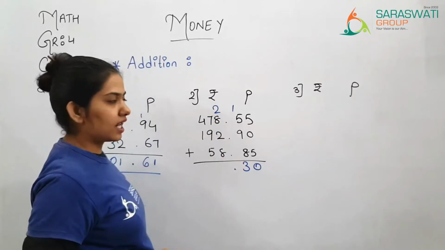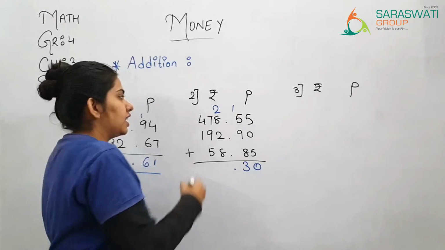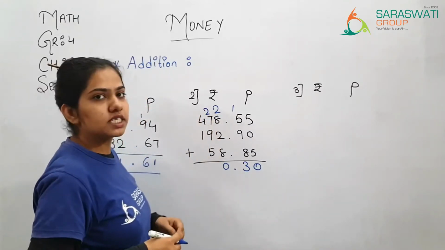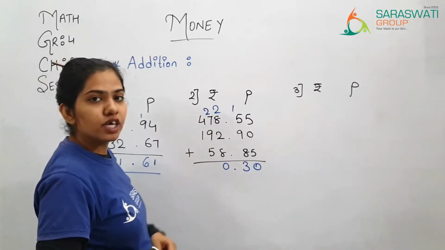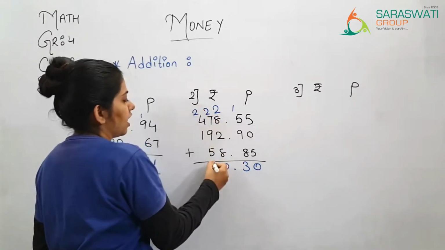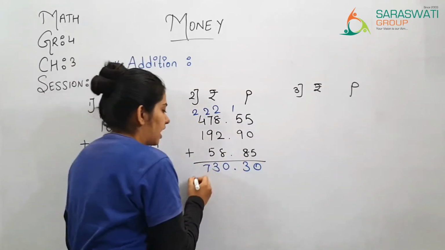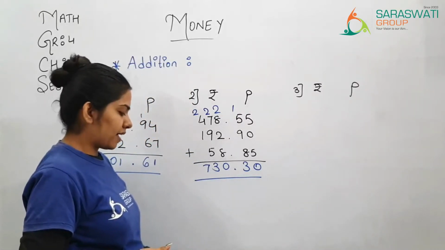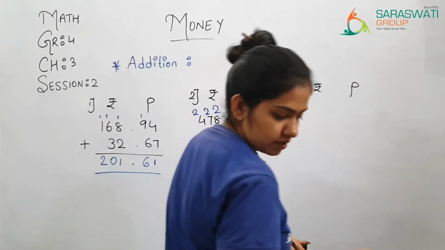8 plus 2, 10. 10 plus 2, 12. Plus 8, 20. So 2 and 0 over here. Now 7 plus 2, 8, 9. 9 plus 9, 18. 18 plus 5, 19, 20, 21, 22, 23. So 2 carry and 3 over here. 4 plus 2, 6 plus 1, 7. So our answer is 730 rupees and 30 paise. Right? Now the next is